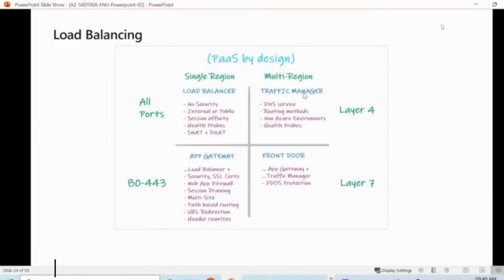When we talk about Traffic Manager, this Traffic Manager especially works in a DNS service environment, where it receives the traffic at the DNS server level first of all. Then only the traffic is going to connect to the Traffic Manager to connect that traffic to a backend pool. Inside this Traffic Manager, we have some properties of a load balancer as default. Here you can define a routing method. As I already told you, all the traffic coming from the client side is going to be received here at the